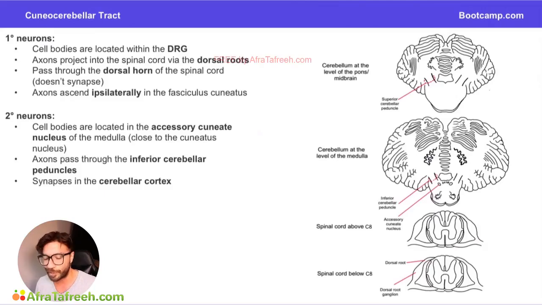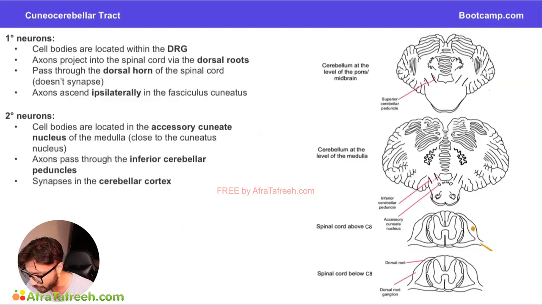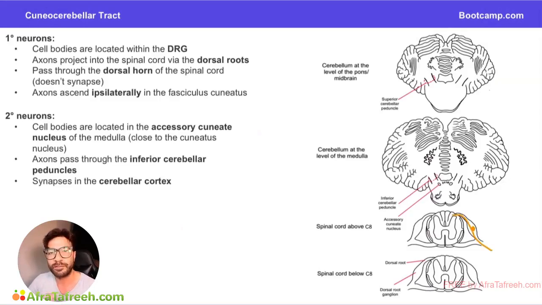Finally, let's move on to the cuneocerebellar pathway. Now this one is a little straightforward. It begins similar to the other ones in the sense that the first neuron has its cell body located in the dorsal root ganglion. The axon is going to ascend in the fasciculus cuneatus all the way up to the medulla, where it's then going to synapse on the second